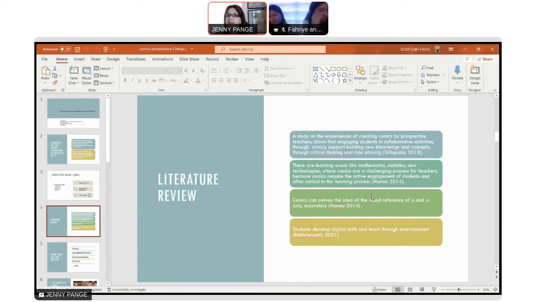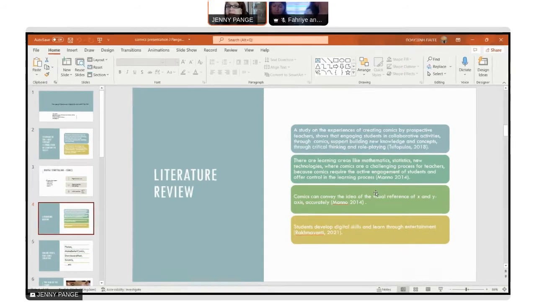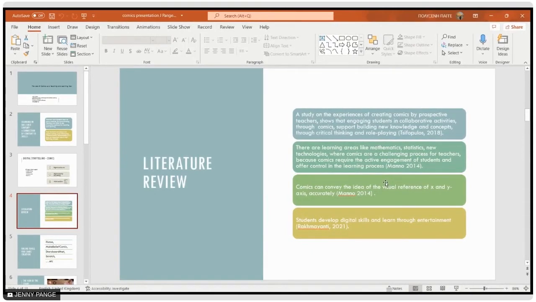A study on the experiences of creating comics by prospective teachers shows that engaging students in collaborative activities, especially through comics, supports building new knowledge and concepts through critical thinking and role playing. There are also learning areas like mathematics, statistics, and new technologies, where comics are a challenging process for teachers because comics require the active engagement of students and offer control in the learning process.